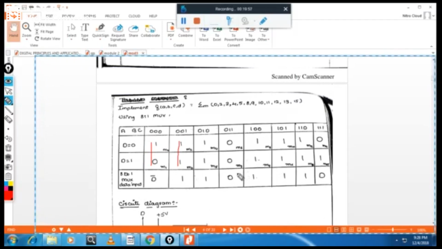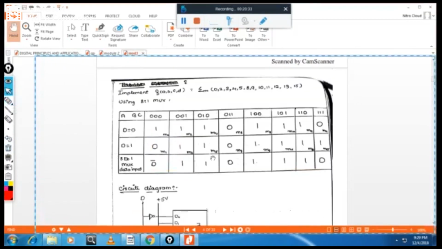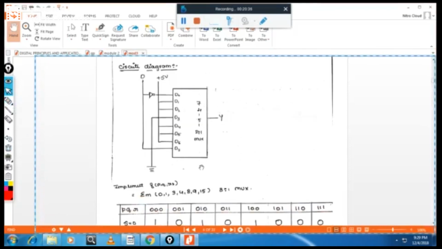Represent this one. Now you compare. Here you can see 0 1 1 0 D bar. 0 1 1 1. Here also 1. Here when input is 0, output is 1. When input is 1, output is 1. Here it is 0. Here it is 1 like this. Then represent this one by using 8:1 multiplexer. We got EVM. This is nothing but EVM. So now you have to represent this one by using an 8:1 multiplexer. How to represent this one? So circuit diagram represent. Very simple circuit diagram.